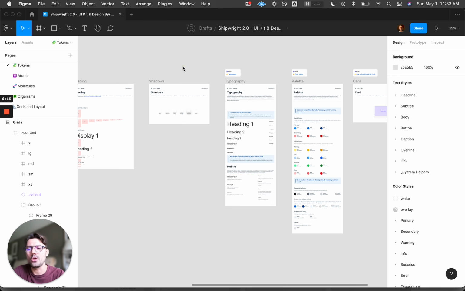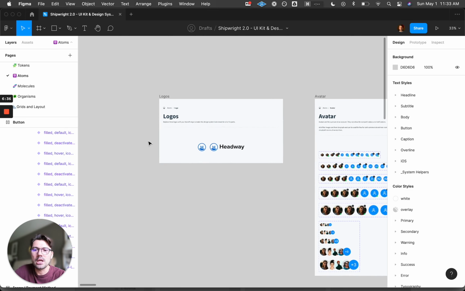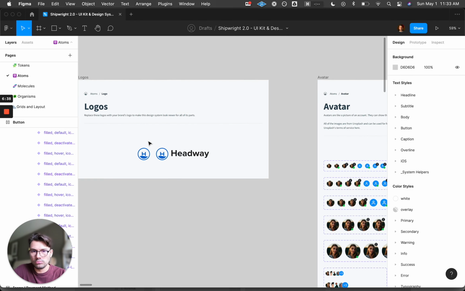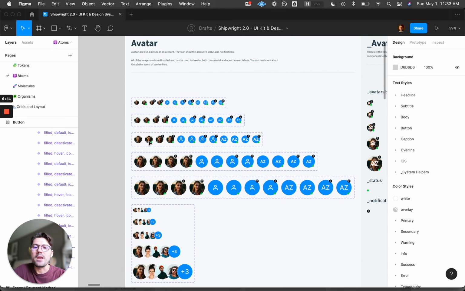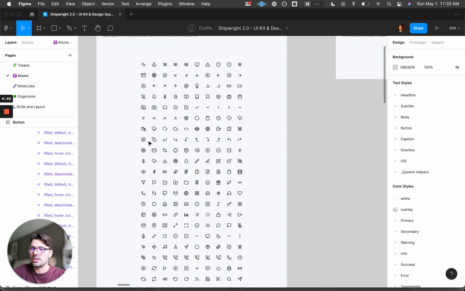Now, when it comes to atomic design, atomic design essentially, as I previously mentioned, is tiny elements living in medium-sized compositions, and then they can scale up to much larger realities. So, let me give you a few examples of what atoms could look like. A logo can be an atom. An avatar can be an atom. Icons can be atoms. So these are standalone